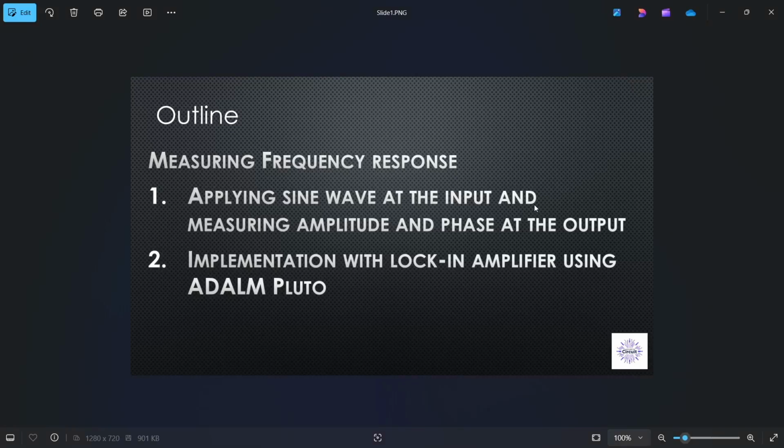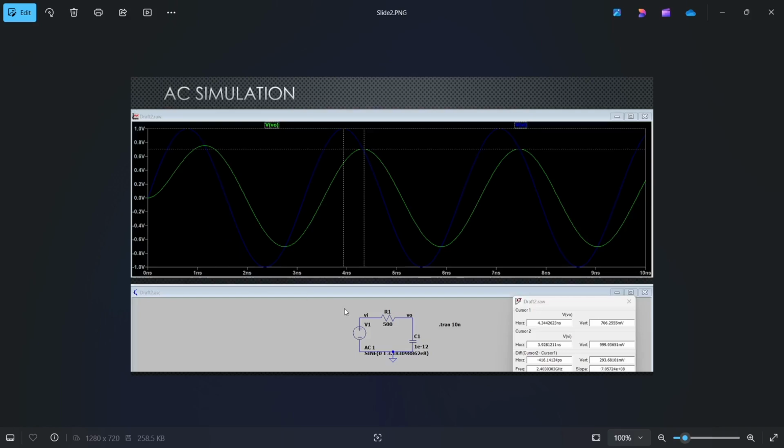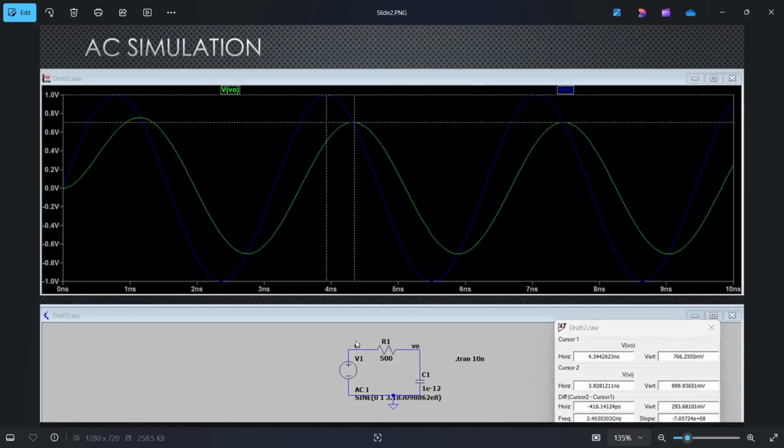Okay, now we want to see how, in the simulation or calculation, we measure the frequency response. So we apply a sine wave at the input of our circuit that we are interested in. In this case, this is a low pass filter, a very simple low pass filter made from an RC circuit, right? We apply a 1 volt peak to peak sine wave at the input and then measure the output response. This is a transient simulation, right? So you can see